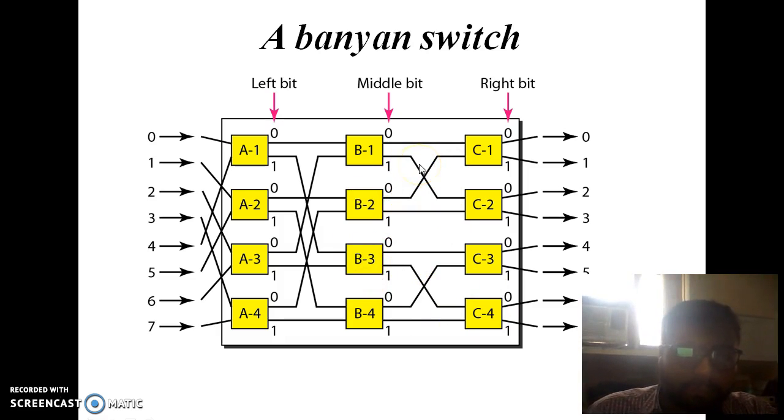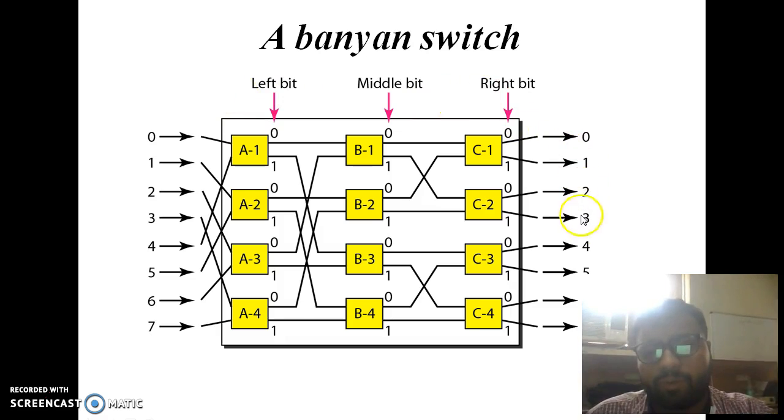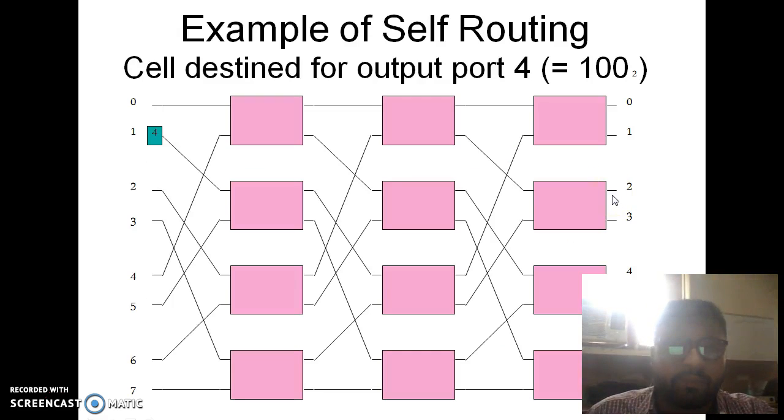One thing to be noticed is that the total number of users on the left side is 8 and on the right side is also 8. So we need to know that these 0, 1, 2, 3 are the first inlets of the 4 switches, and these 1, 3, 5 and 7 are the second inlets of the left switches, and on the right we can have simply 0, 1, 2, 3, 4, 5, 6, 7.